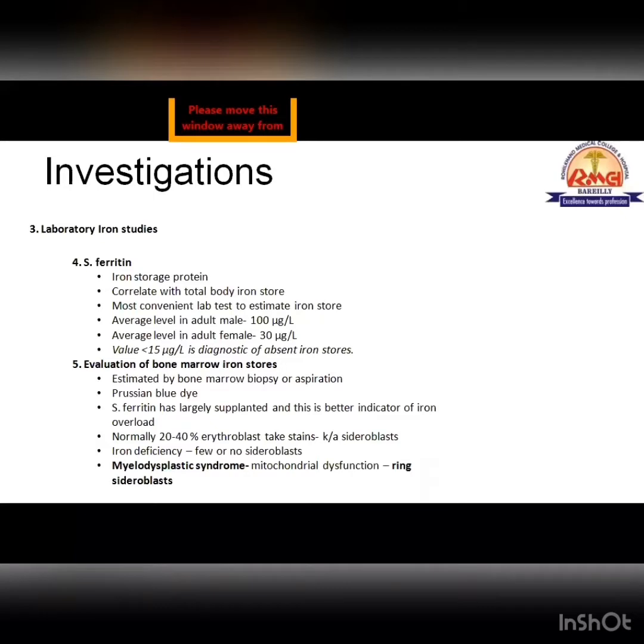Normally, the iron store of a male is around 1,000 milligrams, and in female it is 300. In fact, the normal storage of female is 0 to 300, meaning a female can normally have no iron store. So serum ferritin in male is expected to be on the higher side than in female. In fact, any iron parameter can be expected to be on the higher side in male than in female. So in adult male, serum ferritin is 100.